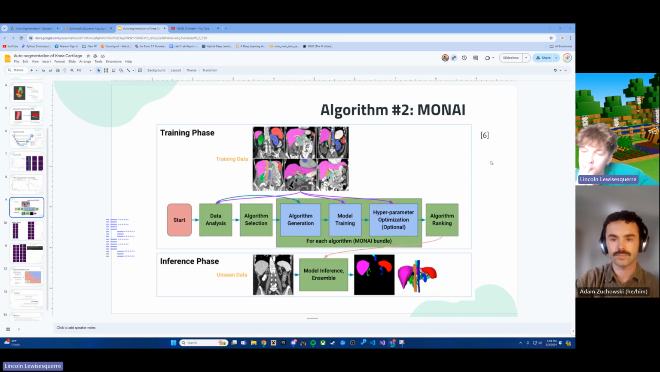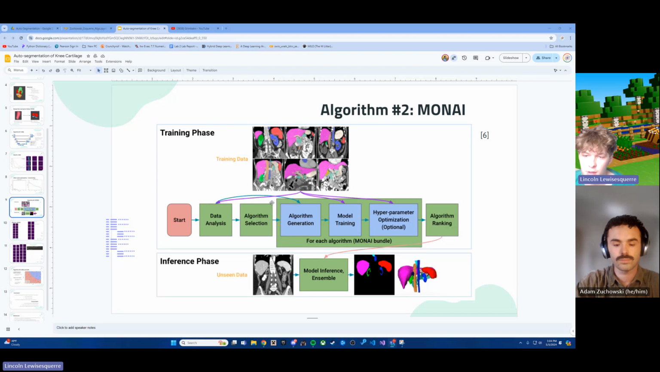Okay, so for our second algorithm, we used this really big open source medical imaging network called MONAI. They have this whole package with a bunch of different types of algorithms. They call them things like Swin UNETR, which is a type of UNet, SegResNet 2D, SegResNet 3D. They have a bunch of different algorithms, and what you do is they have this pipeline